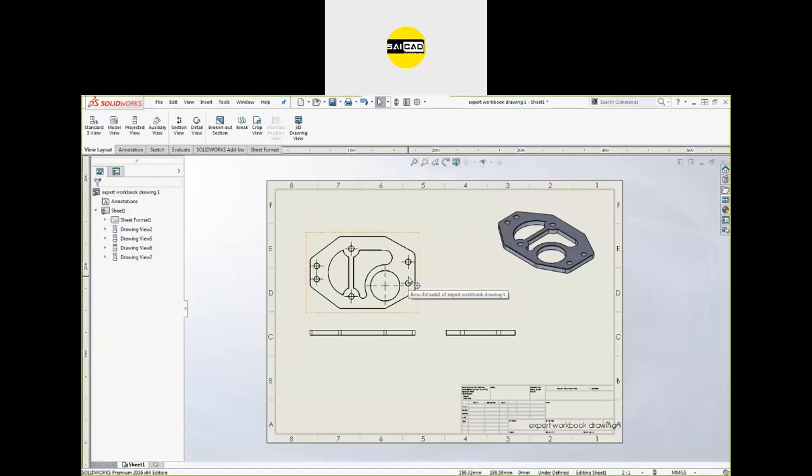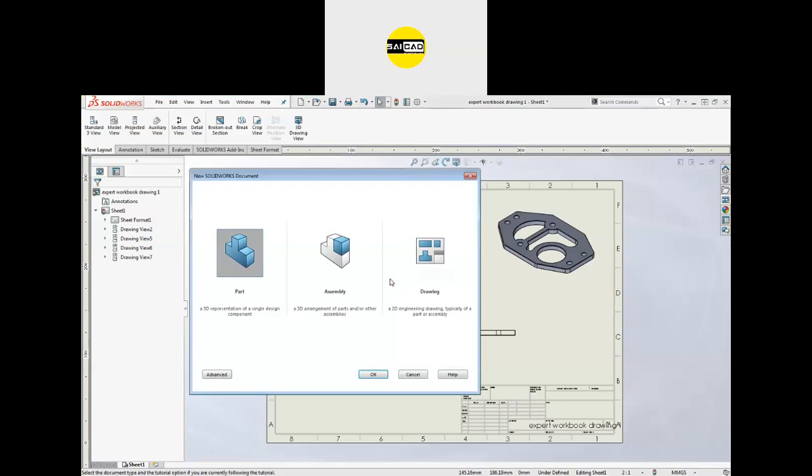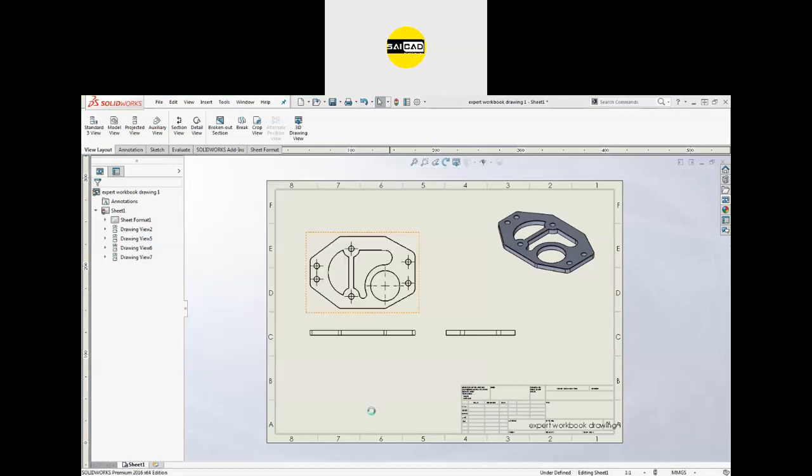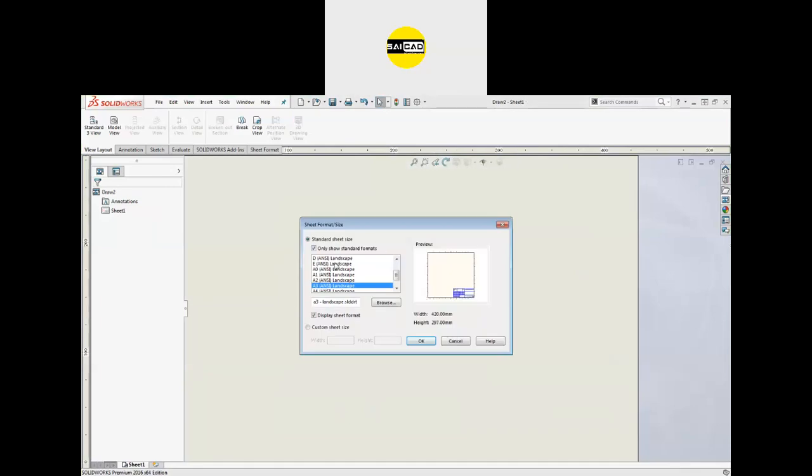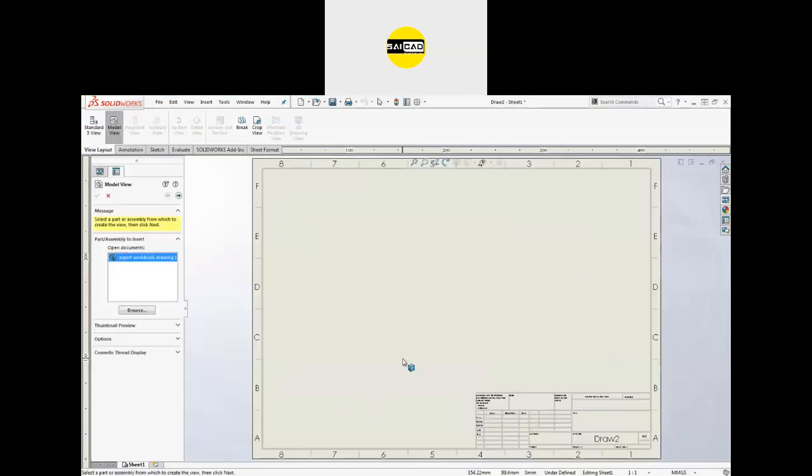Got it? It's simple. First open the part, and after that select the drawing from that part. You can just go with the option like Control and New and select the drawing from here and click OK, and you will be prompted with a similar option. Just select that and now it is asking for the part you want to import.